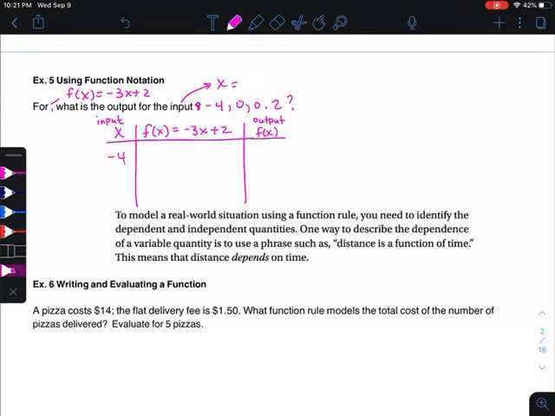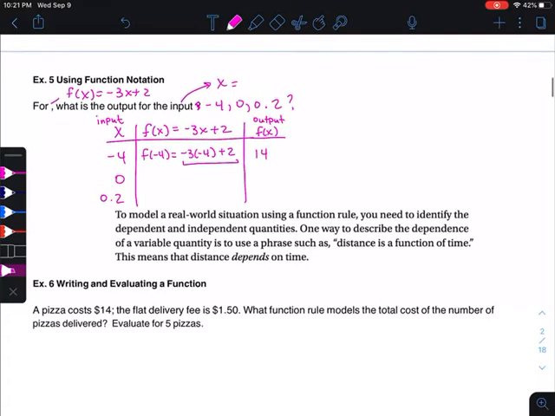So we are going to plug in a negative 4, we're going to plug in a 0, and we're going to plug in a 0.2 and do a little bit of math. So our f of x, the value of our function at negative 4, is equal to negative 3 times negative 4 plus 2. So all I'm really doing is evaluating what this is. A negative 3 times a negative 4 would give us a positive 12, and then when we add 2, we end up at